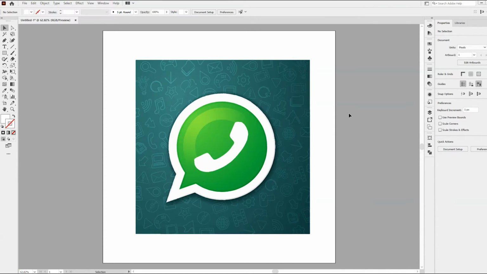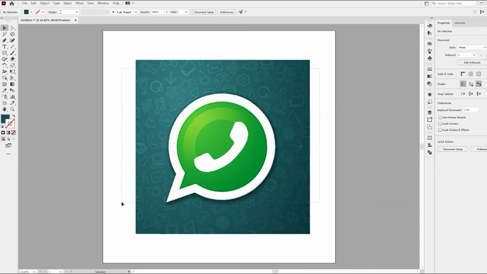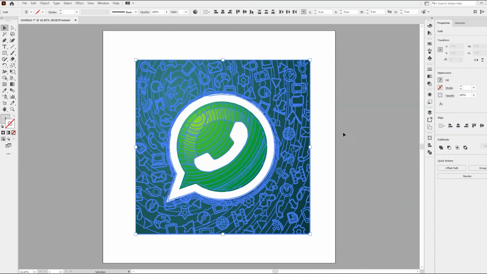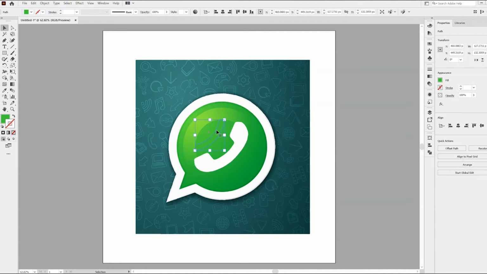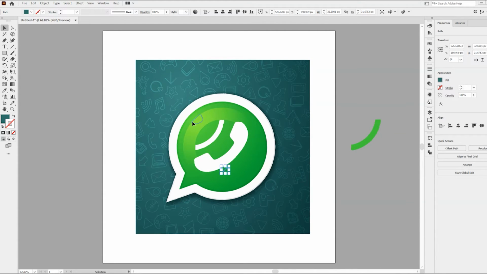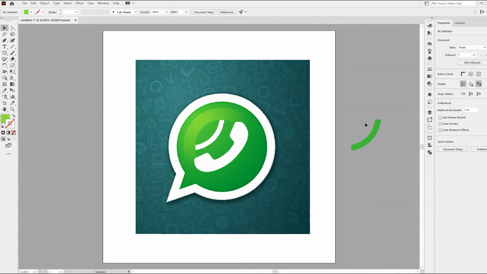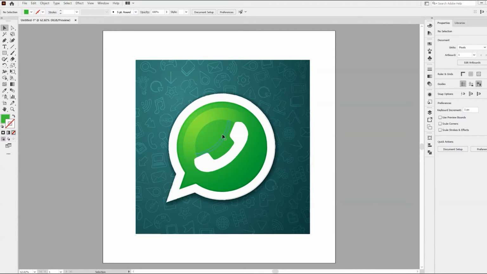Now you have to separate these things from these things, but it is not very easy to separate, because this is now converted into a vector. If I want to remove these things or change the direction, let's see. Now you can see you have to manually select them, but it is very difficult.